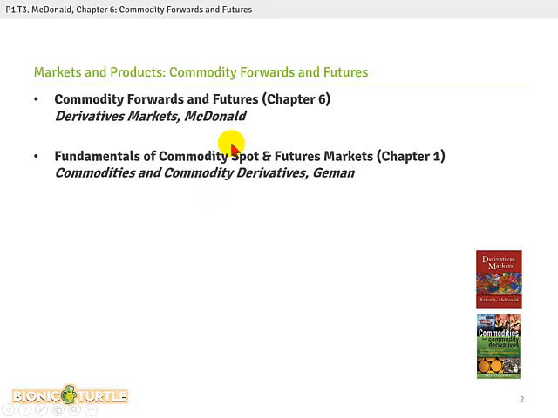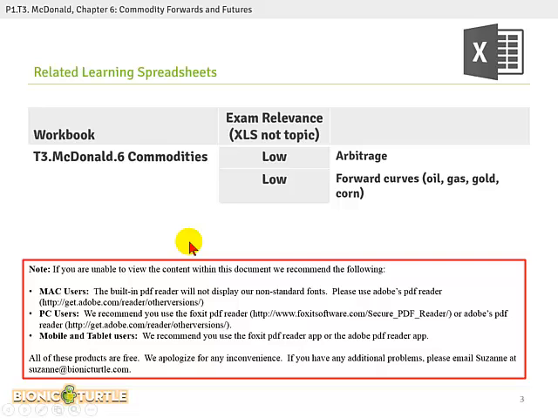So these two readings are both assigned, but there is overlap or redundancy between them because the basic topic here is the forward pricing. There is also overlap between McDonald and John Hall's chapter on pricing of forwards. So you can see that forward pricing gets quite a bit of attention in the Part 1 FRM, and maybe there's a little bit too much redundancy because we do have to deal with the symbolic and notational difference between